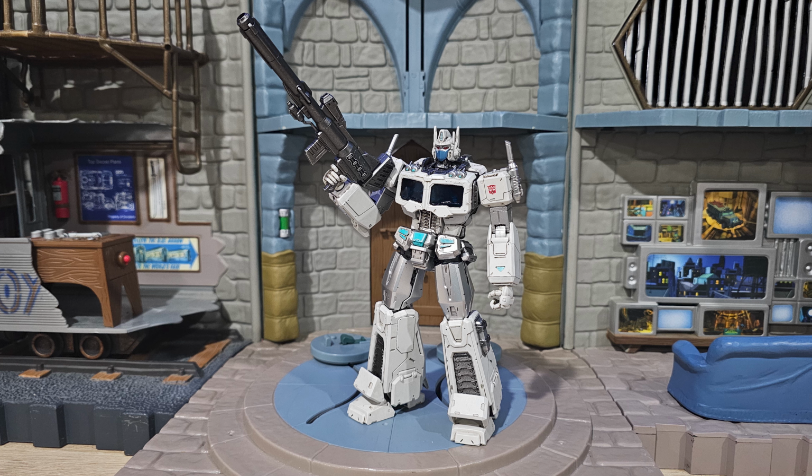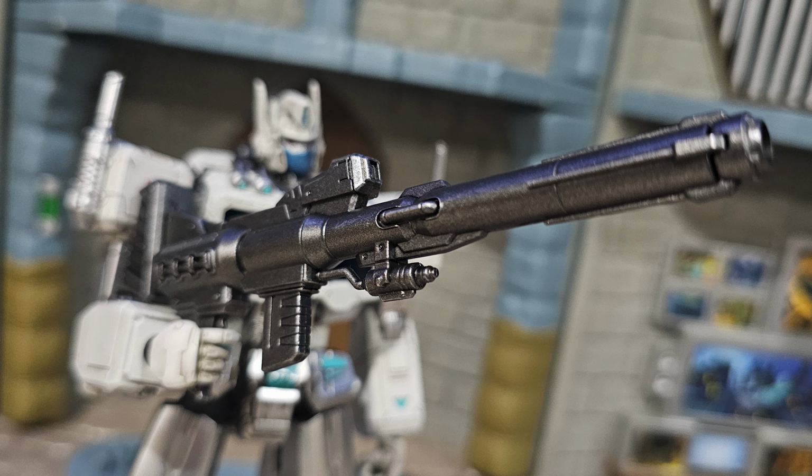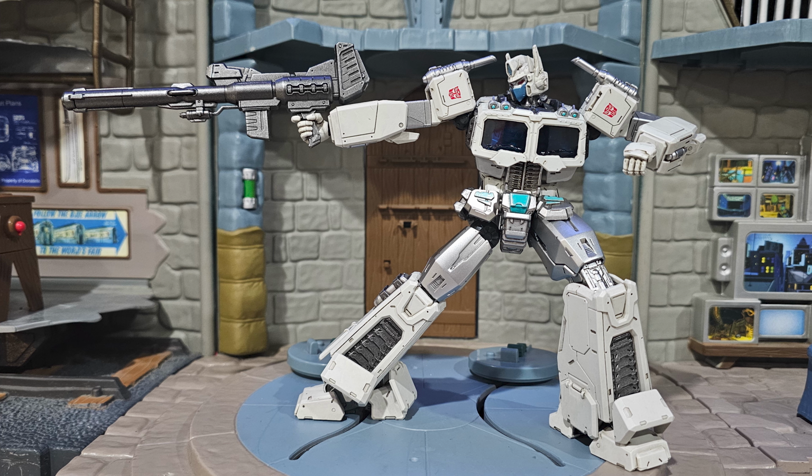And his final accessory is again only here because he's a repaint, and it's the Ion Blaster. And I don't like this version of it. It's just too big. It feels like the force of just one blast from this thing would send the user flying back. It just feels so out of place with the rest of the toy, like it wasn't even made